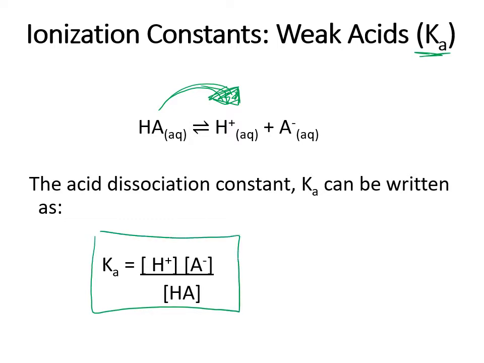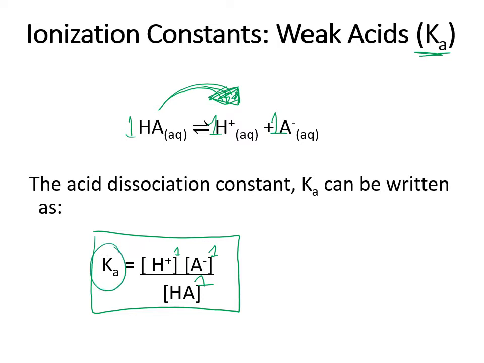So the Ka formula for these can be written just as any other equilibrium expression. K is equal to the concentration of the products over the concentration of the reactants, and these are all 1-to-1 molar ratios. So all of these have exponents of 1. So these are real simple equilibrium expressions to write. But again, whatever the Ka